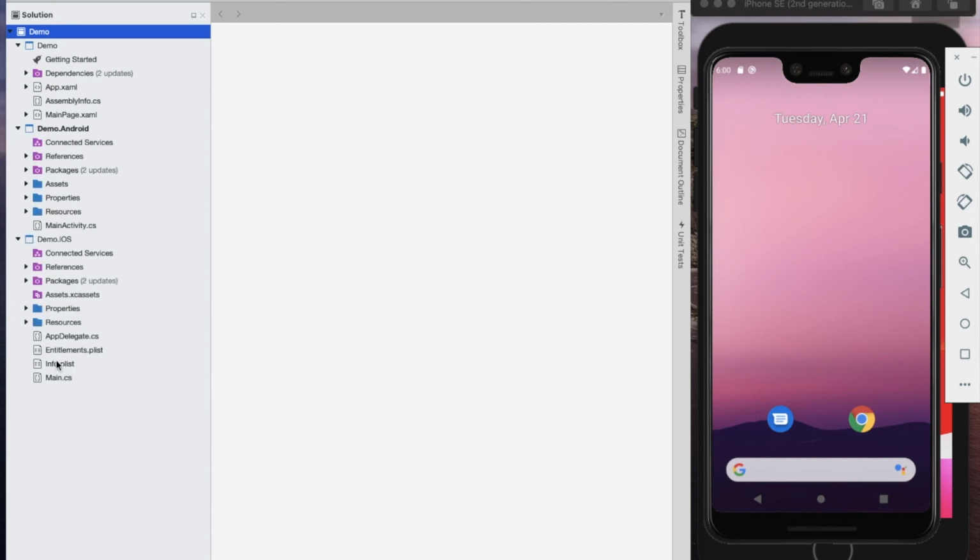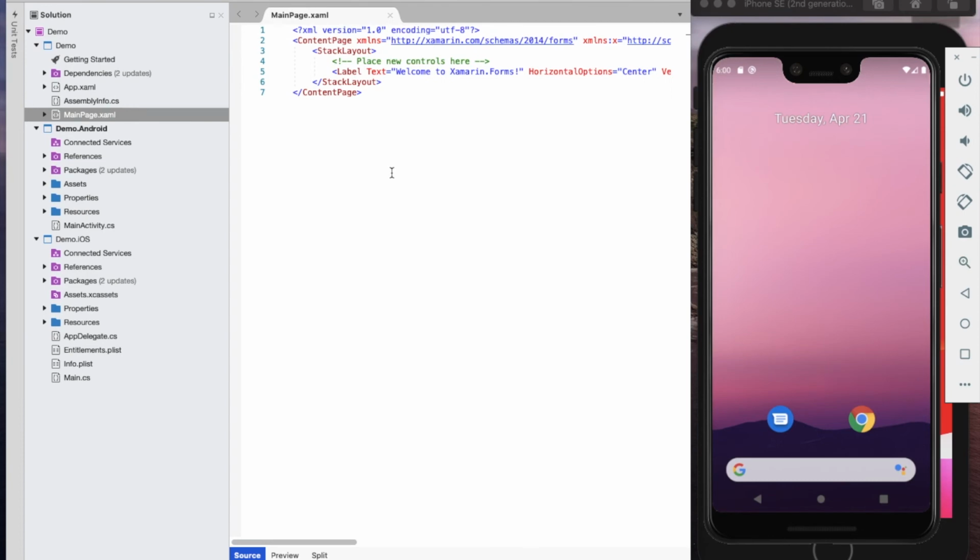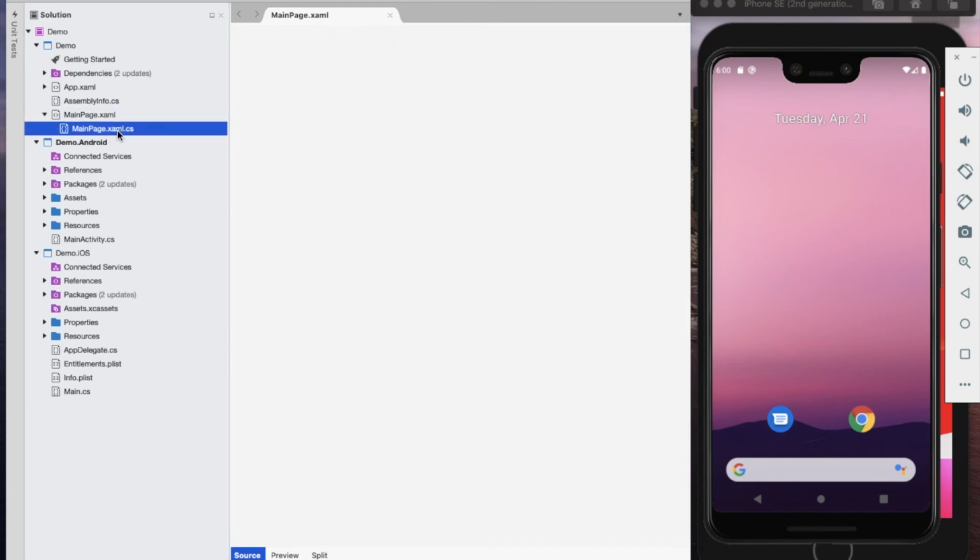So you can see here this is the file related to Xamarin Forms, this one is related to Android and this one related to iOS. This MainPage.xaml contains the information for user interface design. Inside that one you have MainPage.xaml.cs.